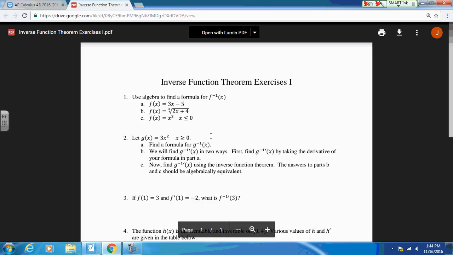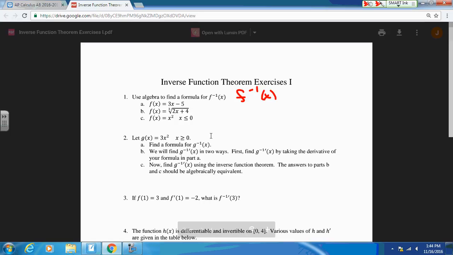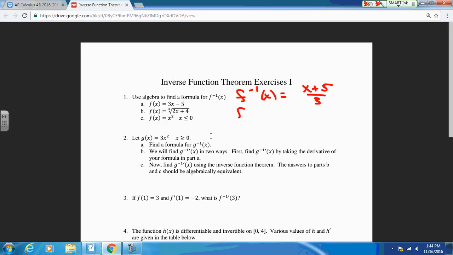Okay, so just very quickly then. For the first one, your inverses should be these three. Yep. For number 2,